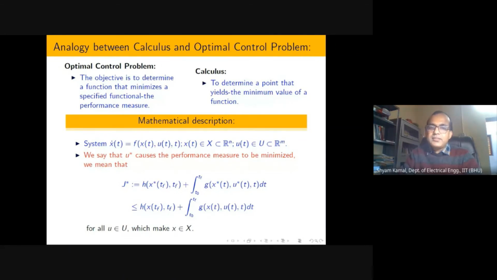And the question is very simple: now you know the initial point and the final point. So you have to see the controllability with respect to that initial to final point. There is no need to see the controllability of the whole space. Because in optimal control, we only have some kind of feasible or admissible trajectory and an admissible control. So we just have to see the admissible region, and if in the admissible region the combination of X star and U star is feasible, then we can define the optimal control.